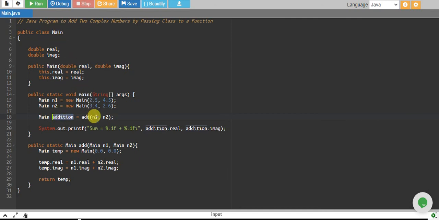So we have just printed in a format, sum equals to 0.1f, which means this will limit the number to one decimal point. So %0.1f plus %0.1f, and we have attached i because in imaginary numbers your imaginary part has i as iota, and we have given addition dot real part, addition dot imaginary part.